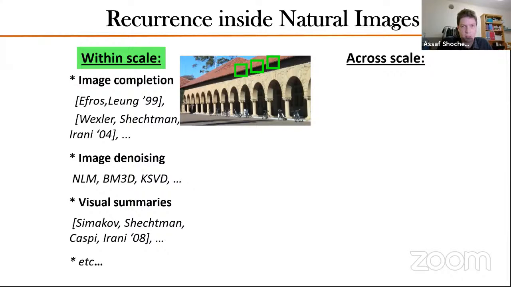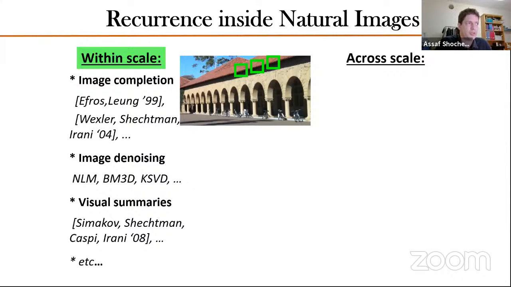And this is a very strong property. It was empirically tested about 11 years ago on large data sets, and there is an overwhelming statistics about the recurrence of patches inside a single image. The reason for it is somewhat philosophical. I won't get into it now. If later on someone wants to discuss this during the questions, then I can try to wave my hands a little bit. But this is a very strong property, and it was used many times for many works, starting